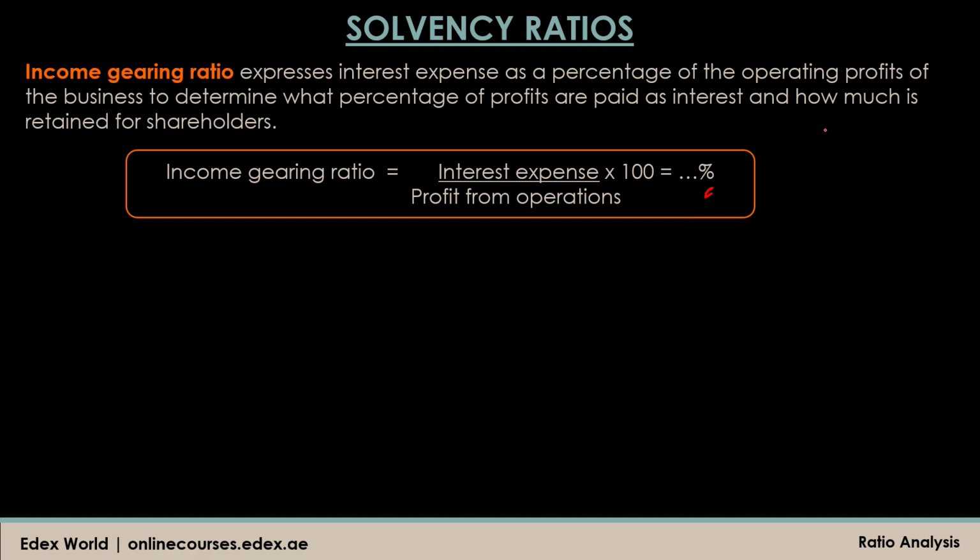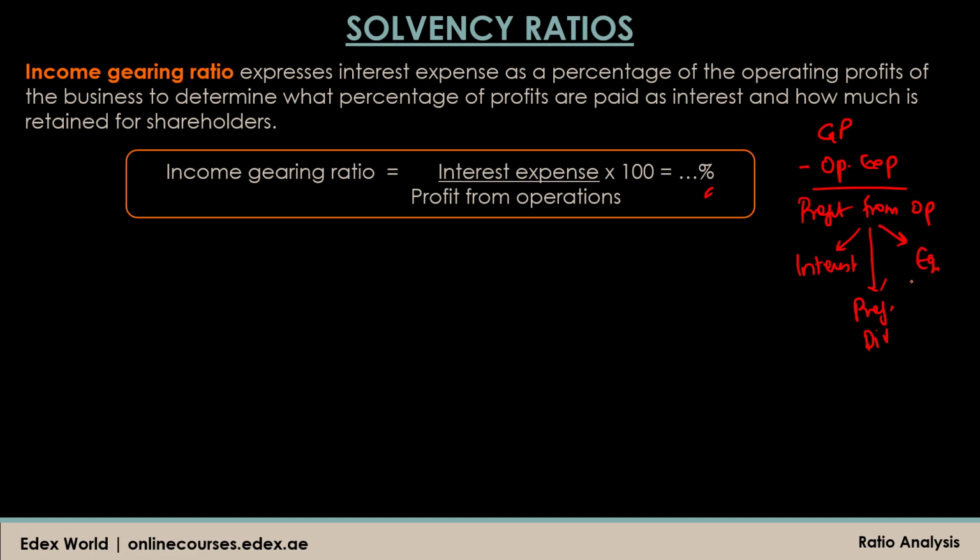So what happens is, in a business, first you calculate the gross profit, and out of the gross profit you will deduct the operating expenses. Once you do that, then you get the profit from operations. And then from this profit from operations, first you make payment to the bankers from whom loans have been taken, or you make payments to debenture holders. So this payment is called the interest payment. So you make the interest payments to the bankers or to the debenture holders. Then if you have issued any preference shares, then preference dividend will have to be paid. And finally, whatever profit is left after meeting these two payments, then that is left for the ordinary shareholders or